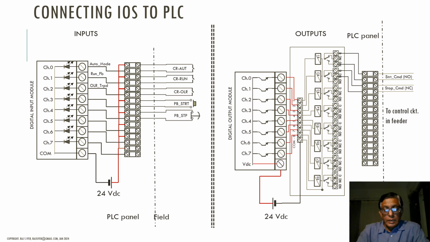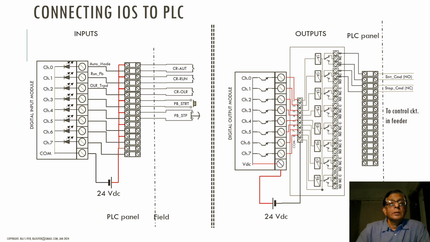Okay, in the last slide, we had a look at the relays that are ordinarily used in interfacing a PLC's IOs to the control circuit of a MCC feeder. Now this is more or less the typical arrangement in which these are physically connected. On the left hand side of this diagram, you see the input side connections. The red line is the positive interrogating voltage of 24 volt that is sent